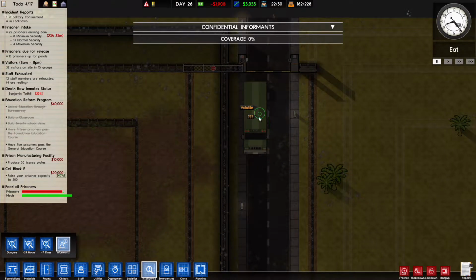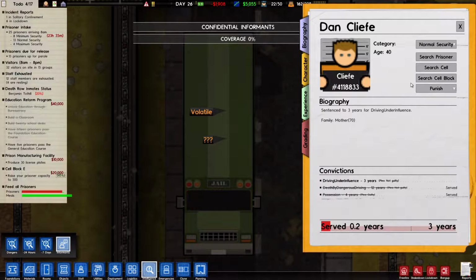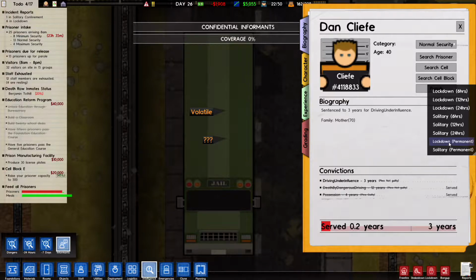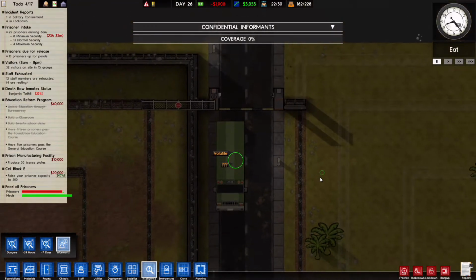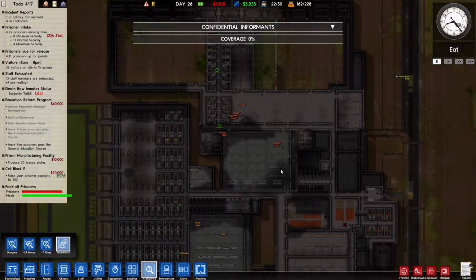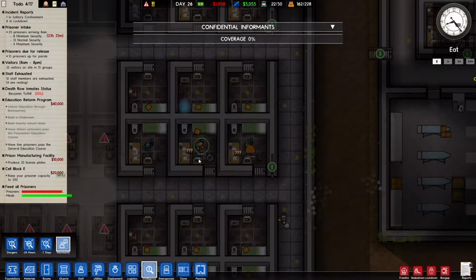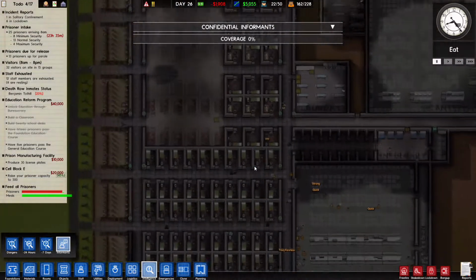We got a volatile and an unknown. So you, unknown guy, I'm assuming if I were to switch him to... yep, okay, so that is yellow. So I got the right guy. He was actually, what, a normal security guy? Yep. I'm going to put him to lockdown permanent, because if he turns out to be a snitch or ex-law enforcement, I don't want him wandering in, much like these guys. Although whether we'll find out who they are...